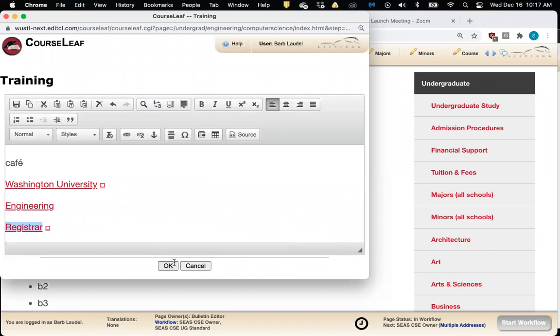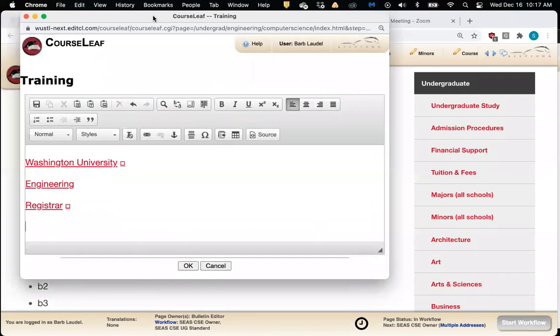All right. Now, before I go and test all this, there is another link that I want to show you, and that is what's called an inline course reference. An inline course reference is where you are typing in the course code in a sentence or a paragraph, and you want that course code to generate a pop-up bubble so you can see the course description. And to do that, there's a couple different ways.